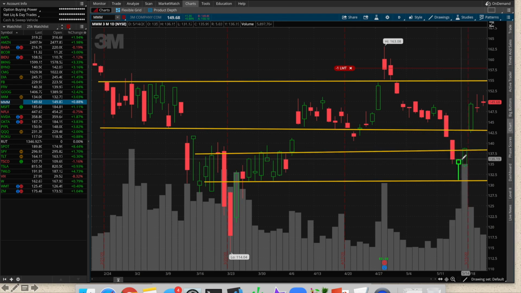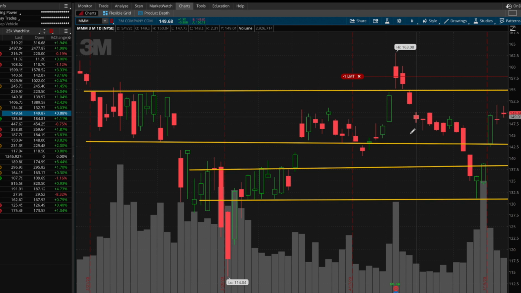And what happened after that? If you notice, it bounced off of this zone, and now we are trading somewhere over here. So if I had put on this trade here, we would still have been profitable as long as the stock expires above this point. I thought I would show you this example of what the thought process was